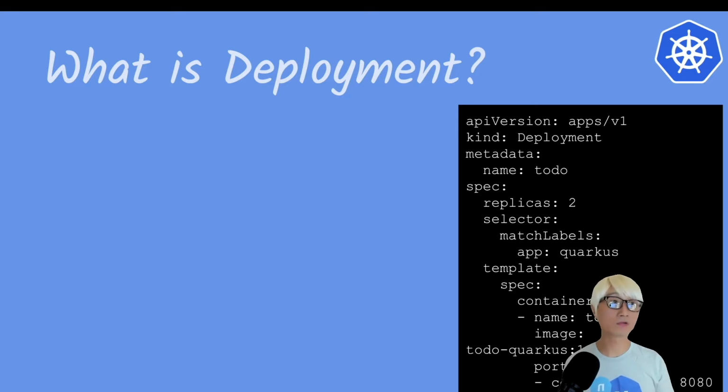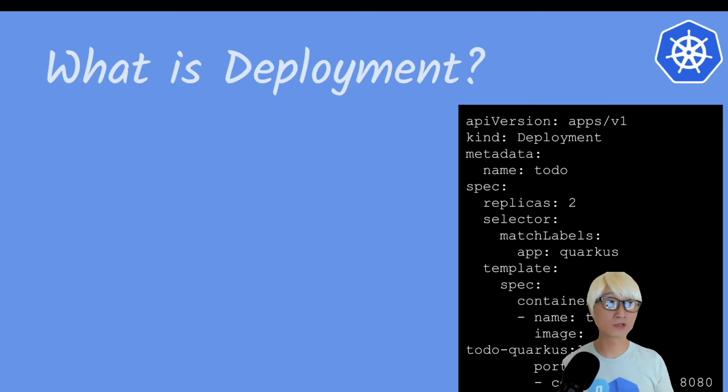As you can see on the right side, your YAML specification shows how to define a Deployment. Of course, you need to use Deployment as the kind, and then you can specify your metadata or some specification like a node selector and a template, which container you're going to use from your external container registry. In this use case, I'm going to use my own to-do Quarkus application from Docker Hub. You can actually use Quay.io or any container registry you want to pull the container image and run